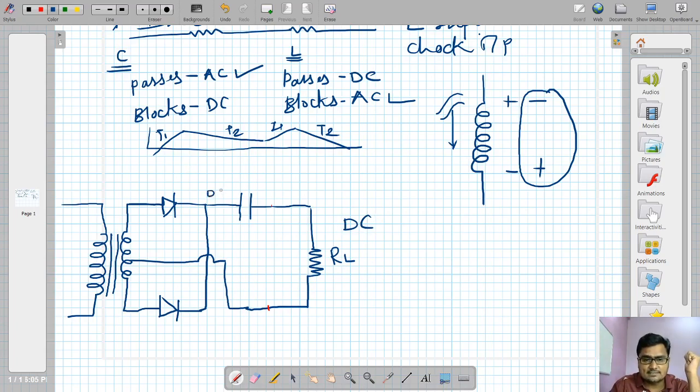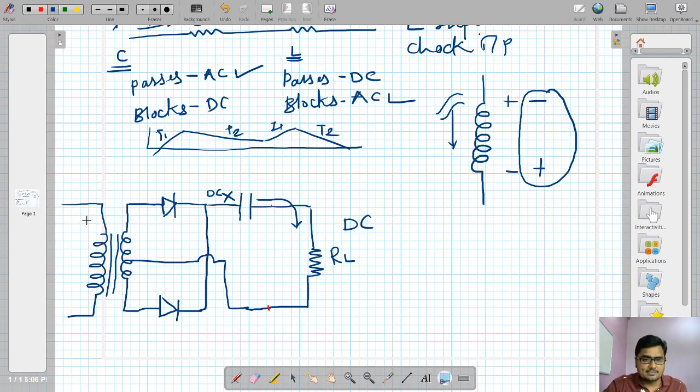So DC voltage, whether it is pulsating or not, is blocked right there, and only AC components are passed towards the load resistor. What's the point in passing AC components to the load? That is not desired. So passing AC to the load and blocking DC is not useful at all. Connecting a capacitor in series with the load resistor is not serving our purpose of getting DC at the output. That's why connecting a capacitor in series is not feasible, and that is the reason the capacitor is always connected in parallel.